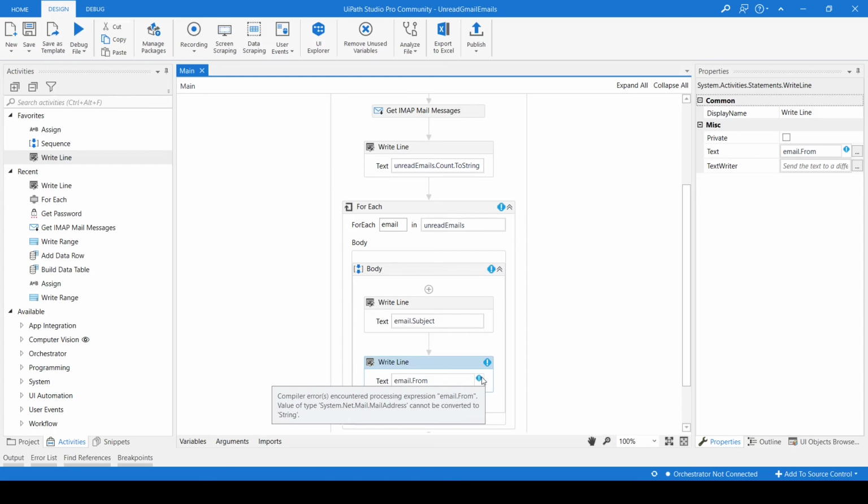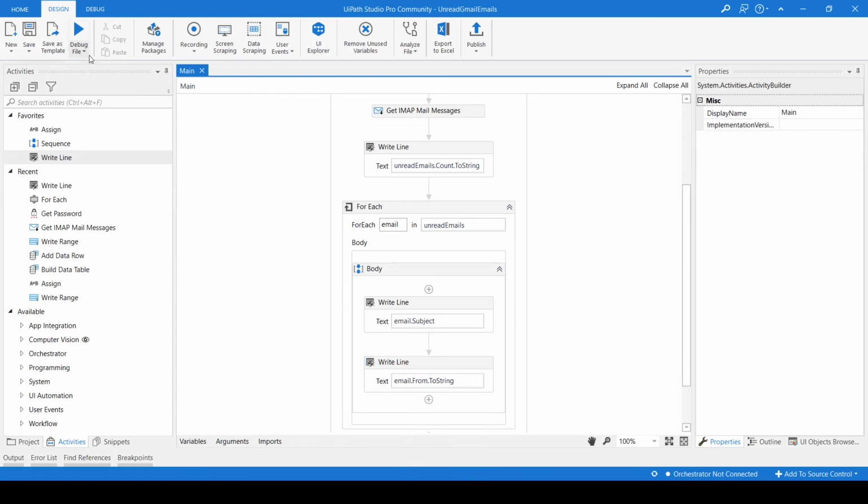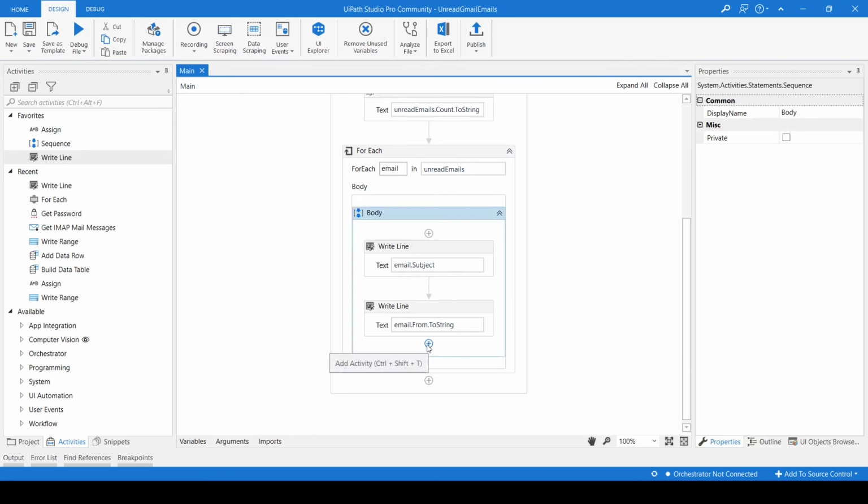It is saying it cannot convert to string, so we need to typecast it. So ToString. Now no error.